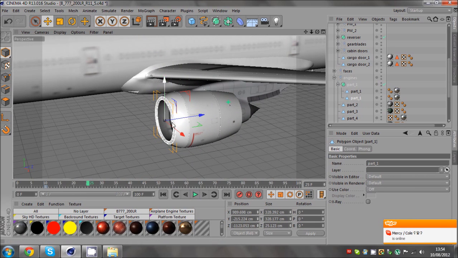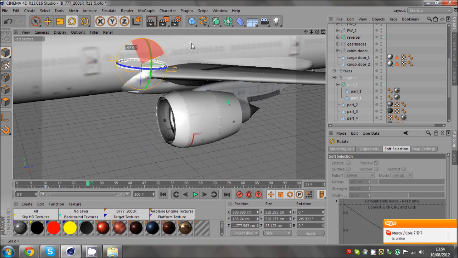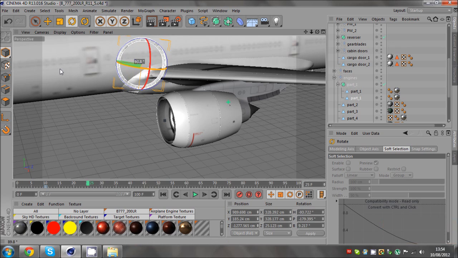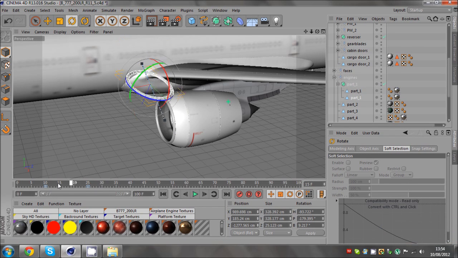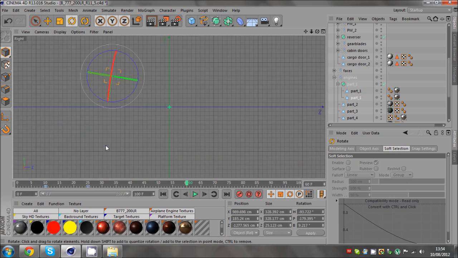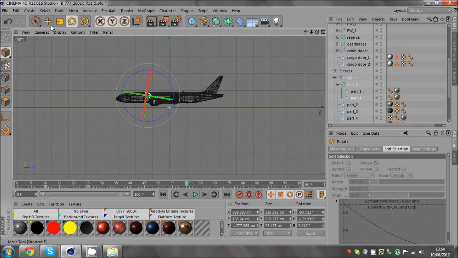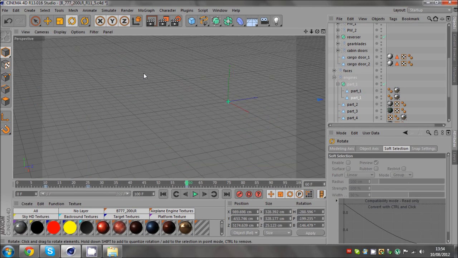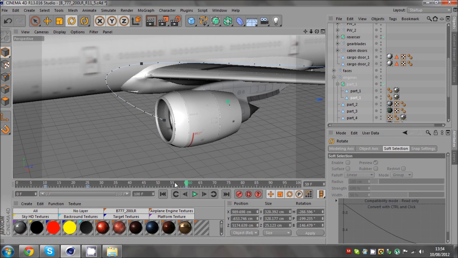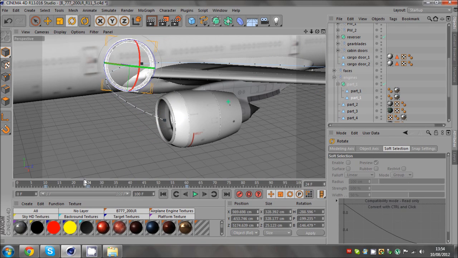Keyframe before you sit down. You want to bring it out, move it up, say, spin it a bit, and then what we got is that's blown off into the air, and then if I come to about here and bring it to side view, bring that all the way back here, maybe spin it some more, there, enter. What it'll do is it'll come out and then smash it back there, but as you see